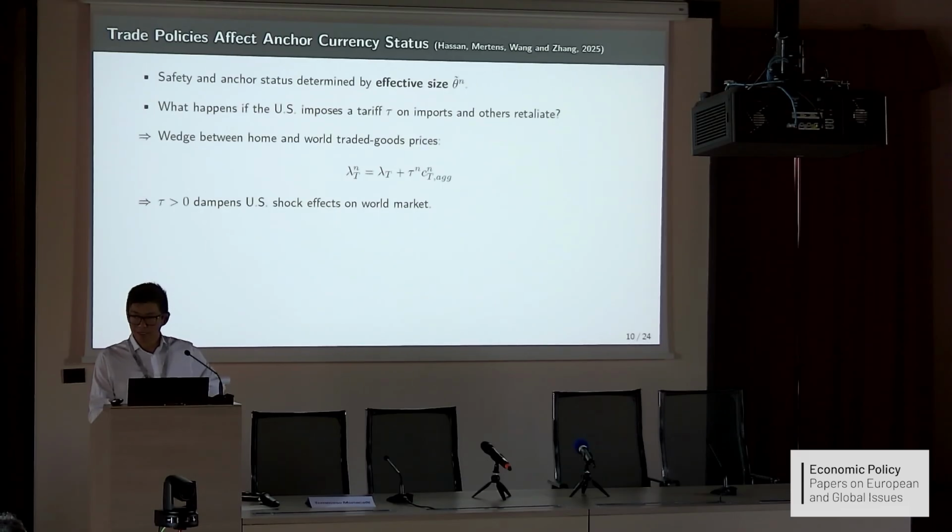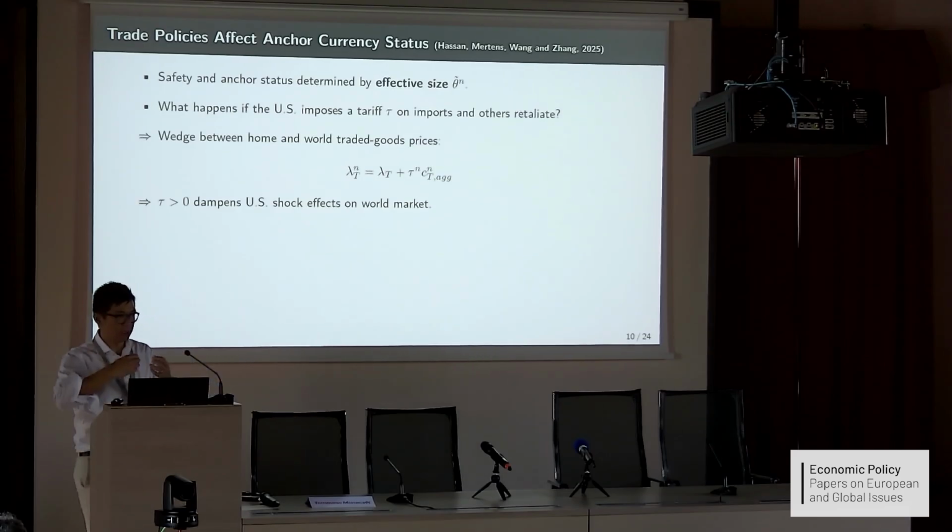And essentially, before what I said was, a shock hitting the US spills over a lot to the rest of the world through the US consumption of traded goods. When the US has a low inflation shock, households in the US consume a lot, and so they're going to buy up a lot of the world's traded goods, and the world market price of traded goods goes up.